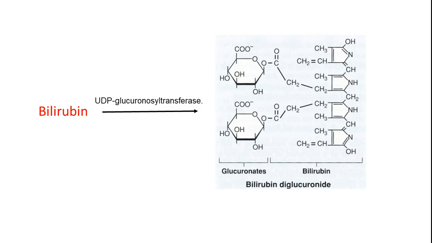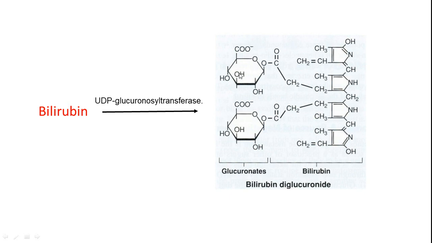Okay, so within hepatocyte what is happening? Bilirubin will be chemically transformed by using UDP glucuronosyl transferase. So this is the enzyme we have which will attach two glucuronic acid units to bilirubin. So in bilirubin, as you can see, two propanoic acid units will be there. So this carboxylic acid unit will be esterified onto the hydroxy group we have at the C1 position.